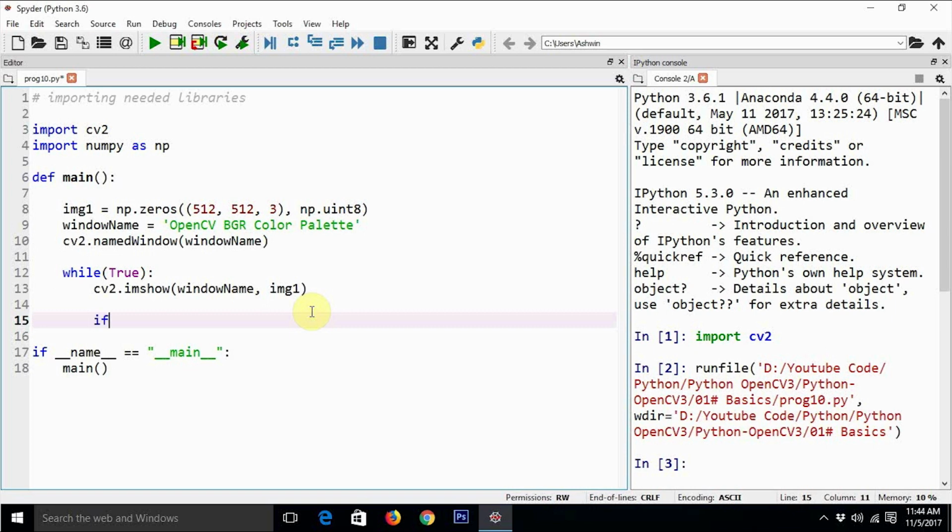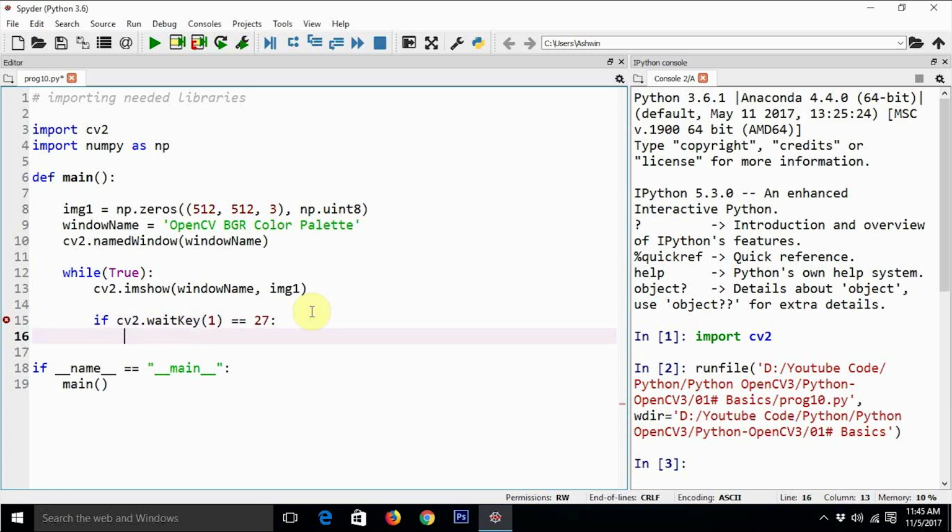So if cv2.waitKey equal to 27, so 27 is the code for the escape key. Okay, so we are just going to say break, and yeah, this is going to break the loop and exit the program. So let us test whatever we have created.